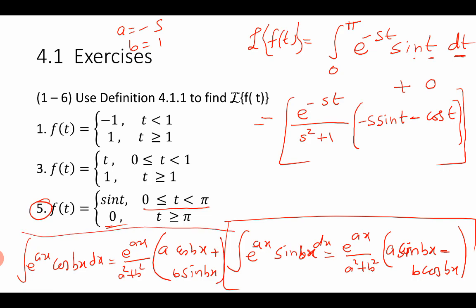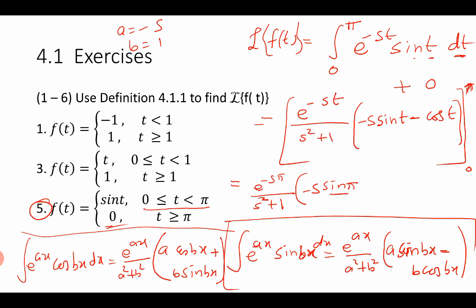Okay, this one can be used if the function is cosine. Now the lower limit is 0, upper limit is pi. Substitute pi for t. So you get e raised to minus s pi divided by s square plus 1. s will not be disturbed, only t, and here minus s sin pi,